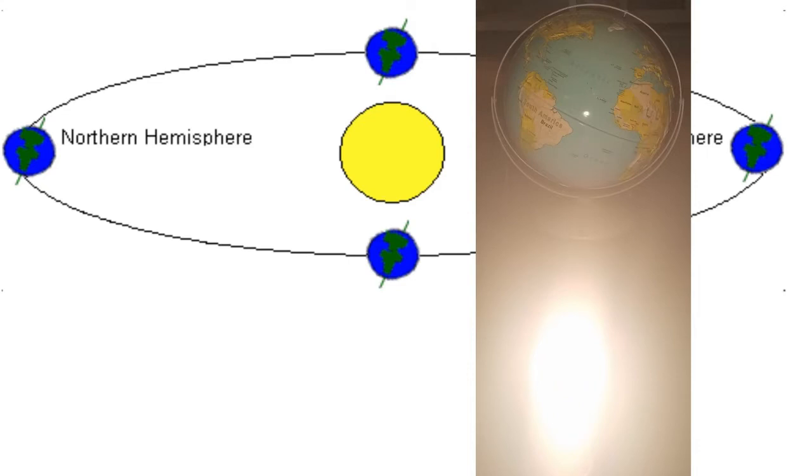Now, same thing is true when we come this way, except it's happening in opposite. Instead of going from winter to summer, now we're going from summer to winter. And there's still that day where the hemispheres have equal sunlight, and you're going to transition from summer to winter as opposed to from winter to summer.